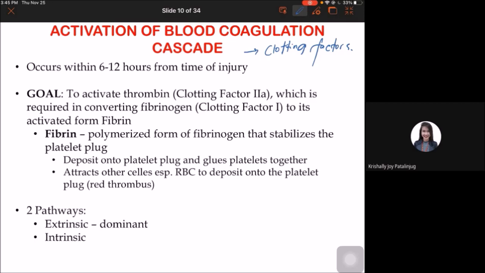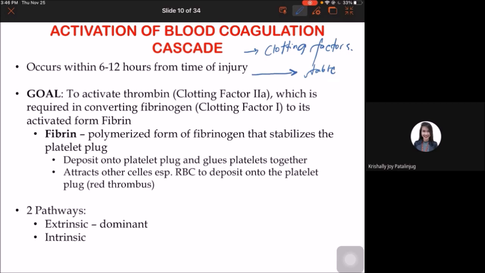The ultimate goal of the coagulation cascade is to strengthen the bridge. Because what was formed in the first event is weak, when we proceed to the second event, it addresses that by strengthening the bridge, to make the bridge stable. By stabilizing the bridge, we strengthen the whole clot that was formed. Now, the question is, how do we stabilize the weak bridge into a strong one? Scientifically speaking,